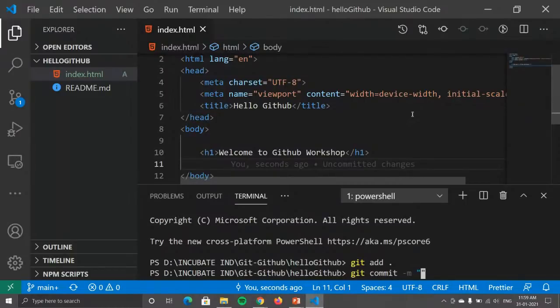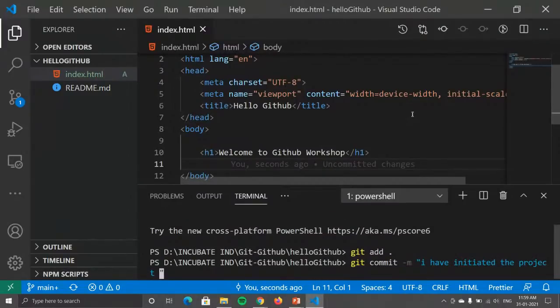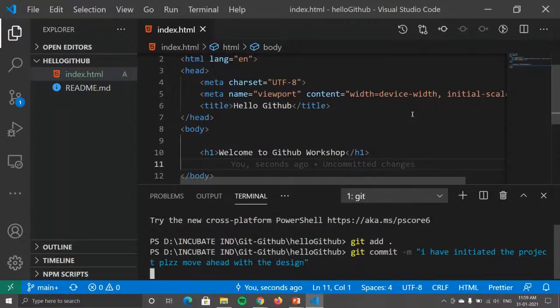So what I'll type is that I have initiated project. Please move ahead with the design. And after this, as soon as I press enter,